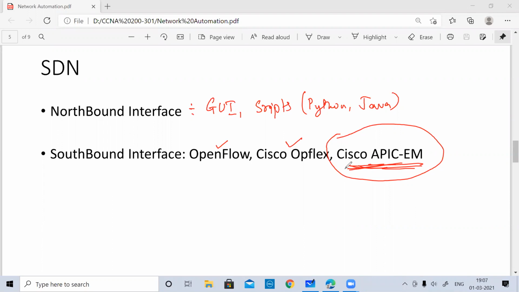Otherwise, if you go with OpenFlow and other OpenDaylight controllers, you will need devices which support these OpenFlow features. It's an open standard developed by Linux. But still, when you want those switches and routers to support OpenDaylight control or OpenFlow, you will need those features in those switches.